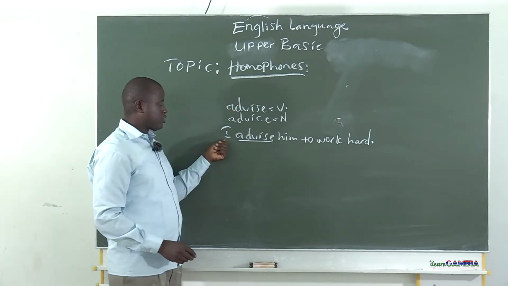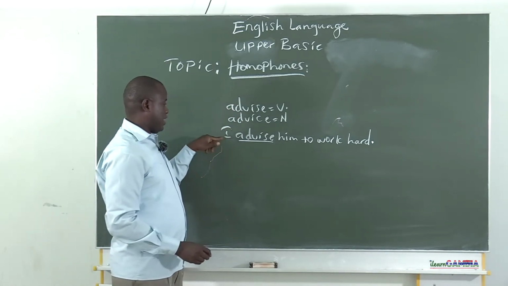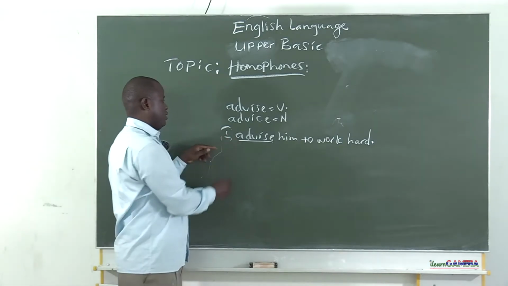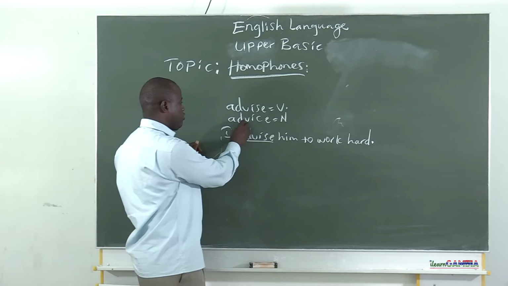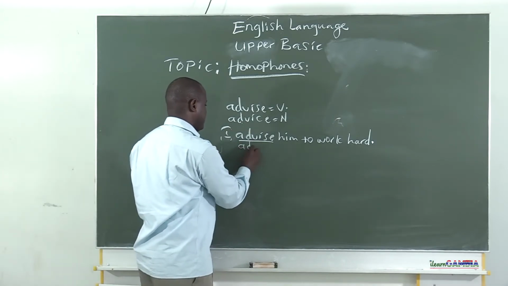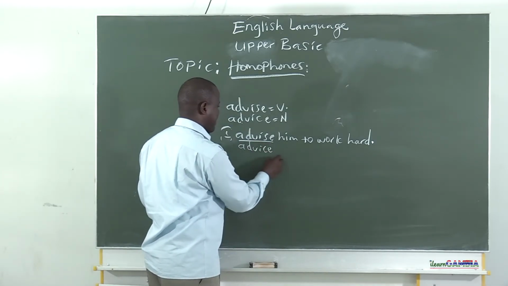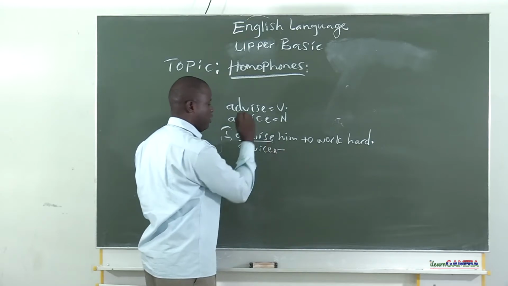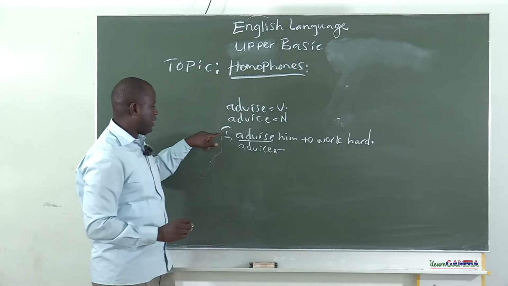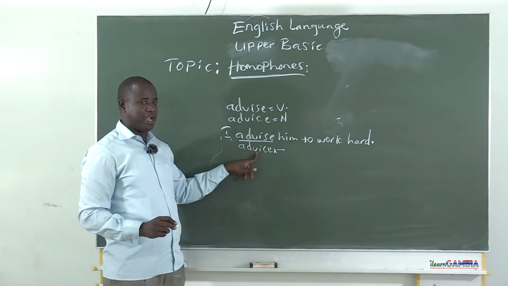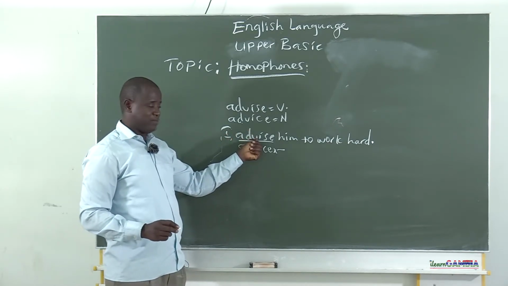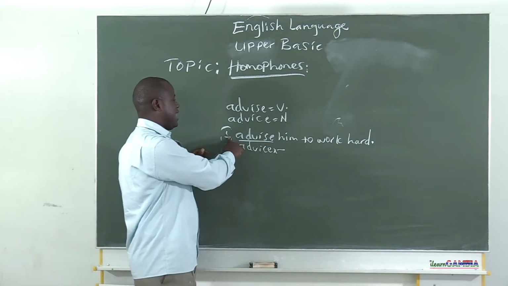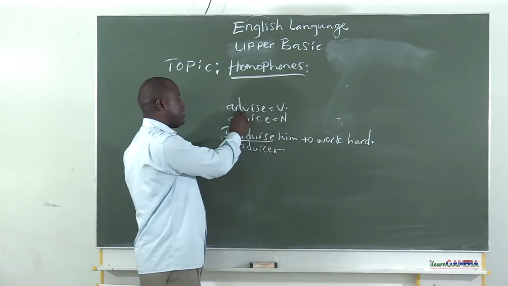If you look at the structure of the sentence here, you have the subject I, which should be followed by a verb. So by mistake, if you write this one, I advise him, grammatically it will be wrong because you cannot have a subject followed by another noun. What you need after the subject is a verb. Therefore, you say, I advise him using this spelling